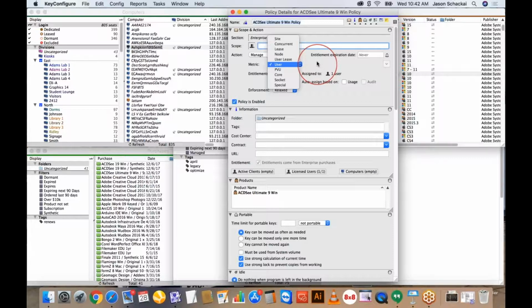Lease is exactly that. If you've got a lease, that's typically going to come with a start and end date, subscription type thing. A user lease is a lease specific to a certain user. A user license, again, is a license that is tied to a specific user. You might use groups, once again, as a way to define who those users are and who that policy applies to. PVU and core have to do typically with data center